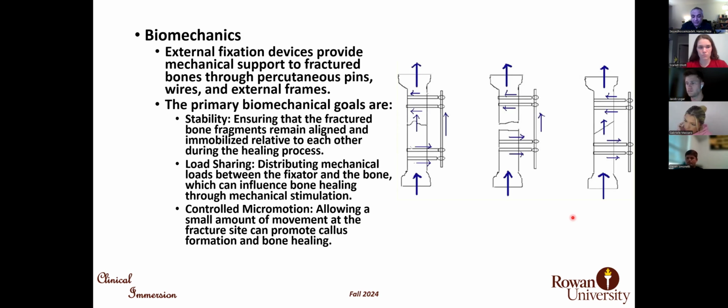External fixator is not a rigid construction. Later, in our discussion on plates, you will see we have two kinds of fixation: one is rigid fixation, and the other one is semi-rigid. The rigid fixation, although the name is good and we like it, from the biologist standpoint is not good at all. Bone is a living tissue. It needs loading to produce new bone. If a bone is not under load, it gradually loses its